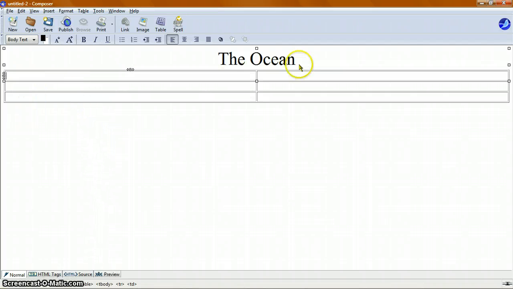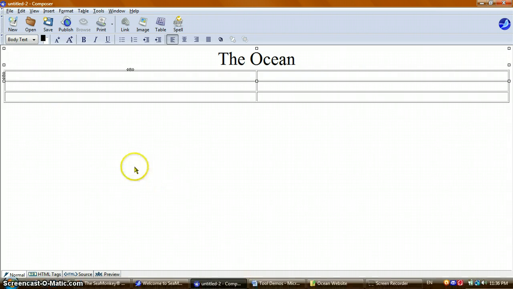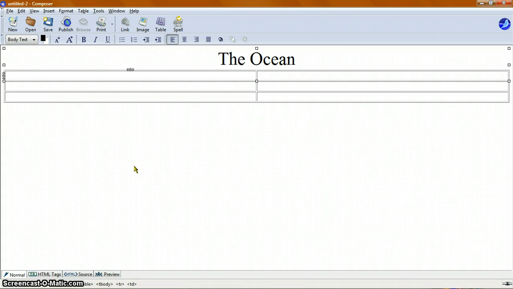Now, before you start putting anything in the table, make sure that you have images. And when you create a website, make sure you put everything into one folder. When you transfer the files through a file transfer protocol onto a web space, you will need all your files to be in one folder. So, first thing I'm going to do is I'm going to type